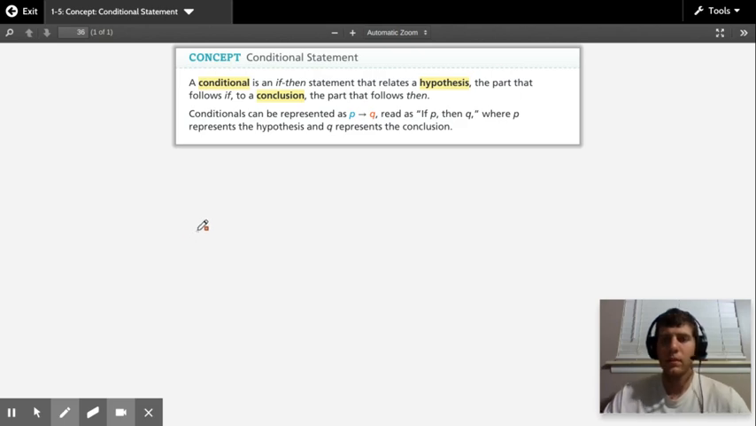A conditional statement is essentially an if-then statement. And there are two parts to our conditional statement. There's the hypothesis, which is the if part, and then the conclusion is the then part. So let's say we have two